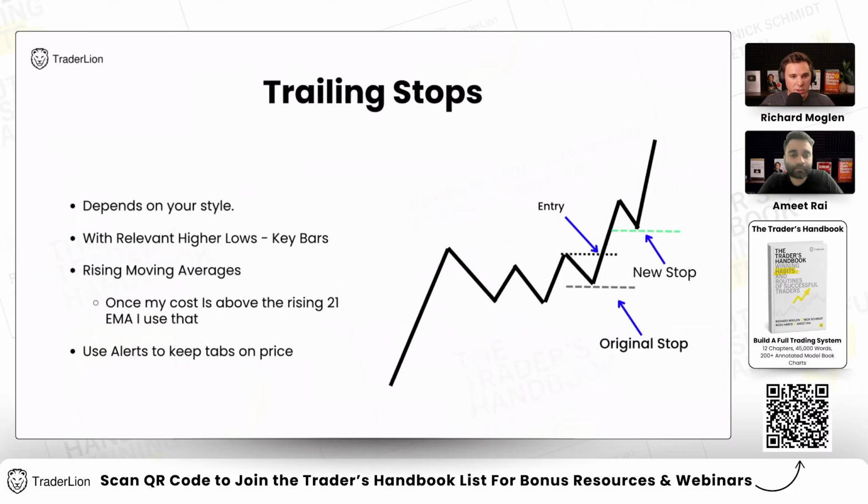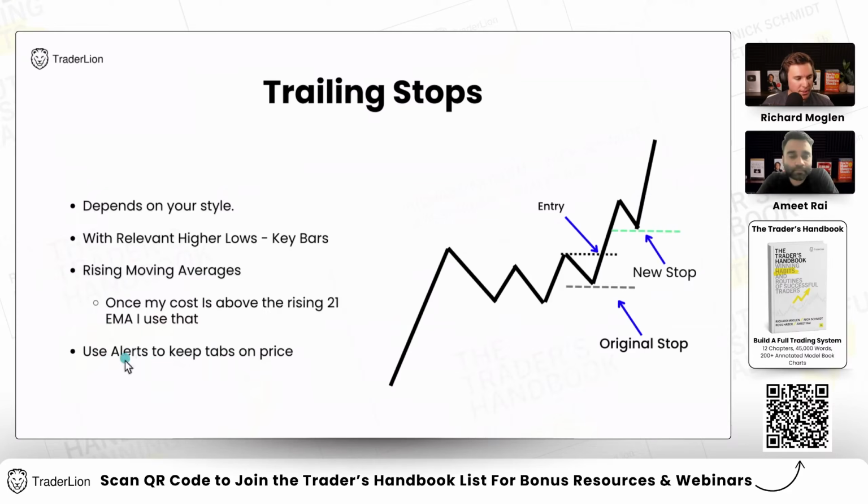All right, trailing stops. Again, depends on your style. We talked about this with relevant higher lows. One thing that I like to do as well is, if we get a move higher, a higher low forms a range, maybe it pulls back to the 10 EMA, and then it re-breaks out through that short range, I like to put my stop at the low of that breakout day. This is something I learned from Oliver Kell, called an ignite bar. When there's a massive candle that really puts in a statement day, it shouldn't break that low based on my style. So I like to move my stop up to just under that higher low. And again, you can use moving averages and higher lows to manage your risk, whatever kind of works for you and how you view the markets.